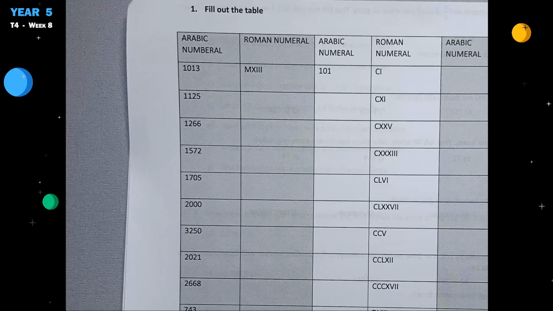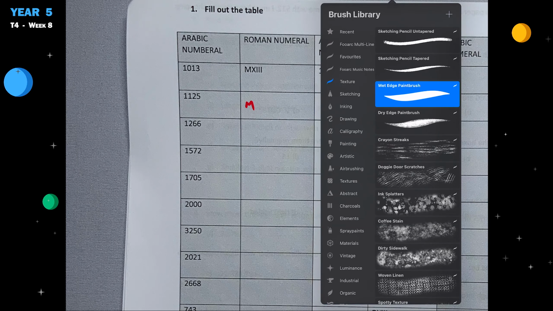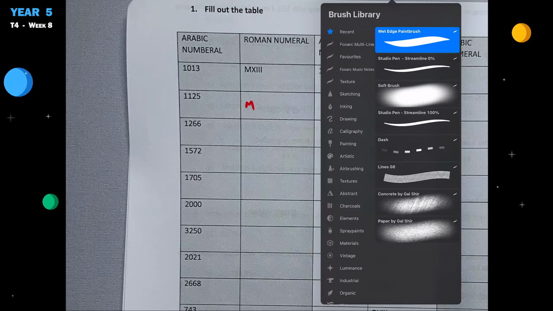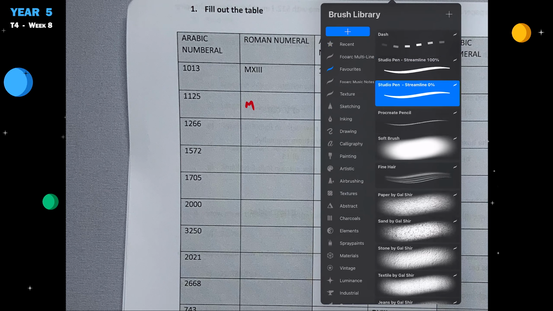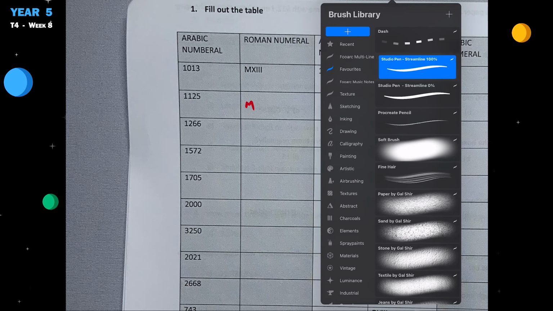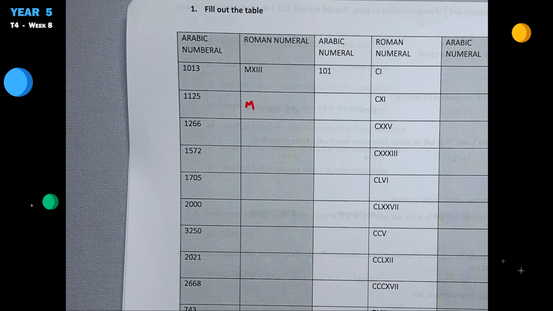So we know that for 1000 you're going to have M. Whoops, that's a bit too much. Let's try bringing that down. Oh wait, what's wrong with this brush? Oh, no wonder. Yeah, this is favorites. Let's go down to this one. No, this one. Okay, let's go back and try that again. Now, so M